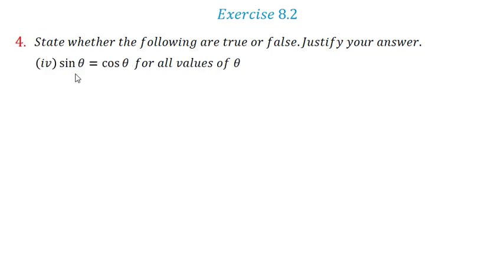Now sin theta is equal to cos theta for all values of theta. Again, this statement is not correct. We have seen that sin 30 is 1 by 2, whereas cos 30 is root 3 by 2. So the answers are not the same. So this statement is false. Cot A is not defined for A equal to 0 degree. Now cot 0 degree. So tan 0 is sin 0 upon cos 0, that is 0. So cot 0 will be not defined. So this statement is true.